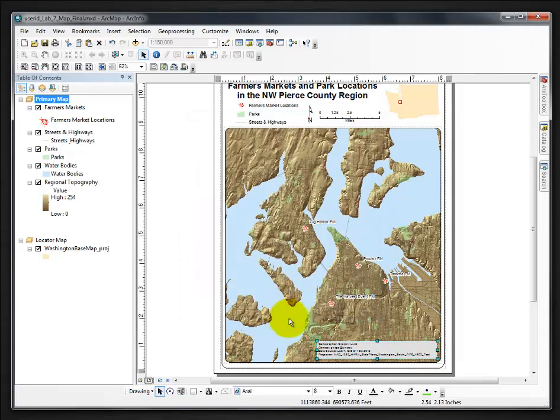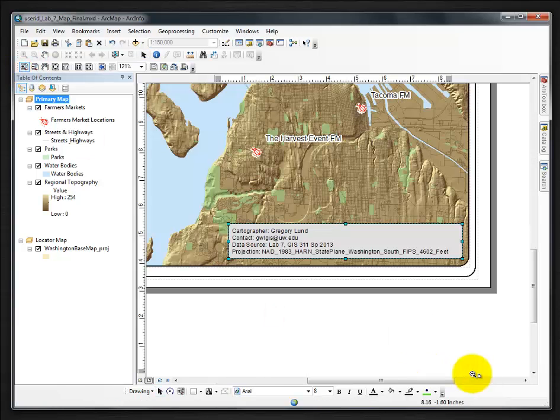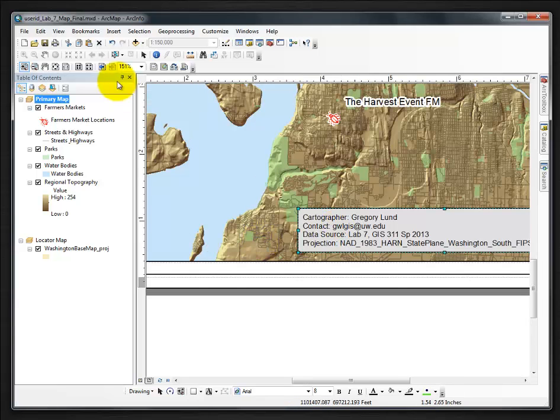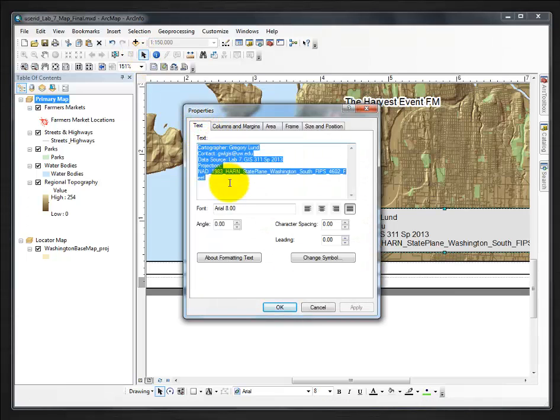Let's say OK, and now let's zoom into that area. It looks very nice. There's good spacing. The only thing I think I'd like to do is make the titles a little bit clearer. To do that, I click back on my arrow, double click on the text box, and go to the text. In this case, I'm going to add some code. For this, go to the About Formatting Text PDF that was provided on Canvas, and I'm going to use some code to make it